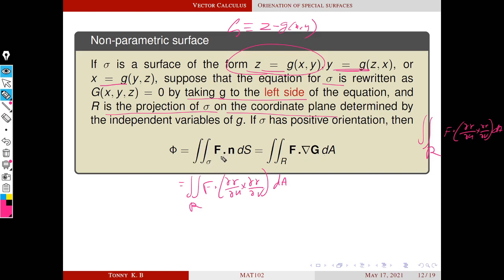This is a surface integral, a normal integration, where the double integral is over R, the region in a coordinate plane. The integral of f dot del G dA. And why this del G? Because this is our general formula: the double integral over R of f dot (dou R by dou u cross dou R by dou v) dA. We can prove that dou R by dou u cross dou R by dou v, in the case of